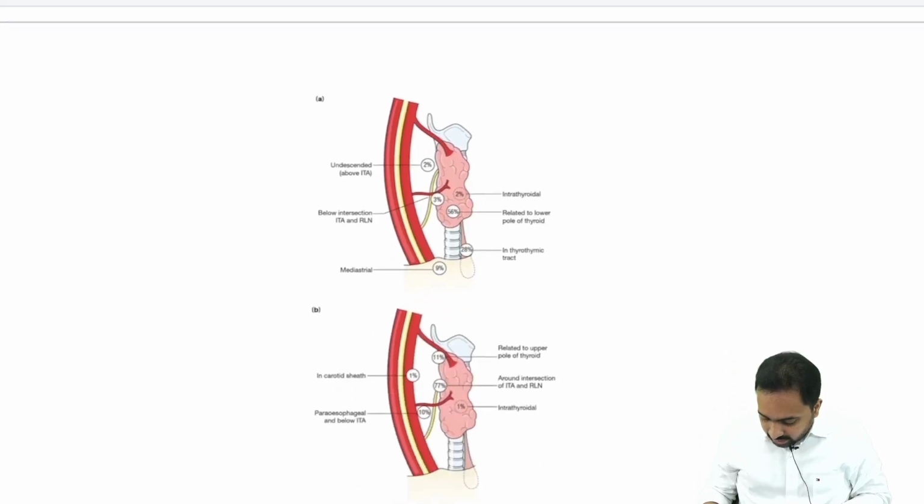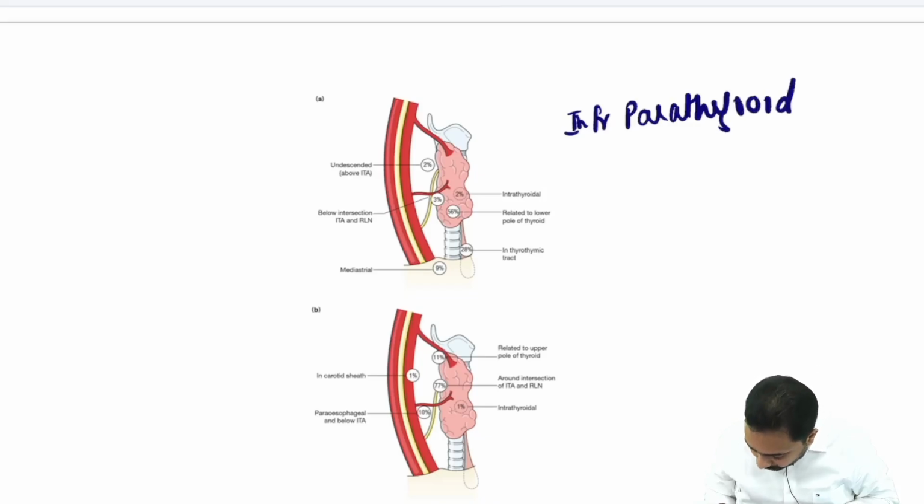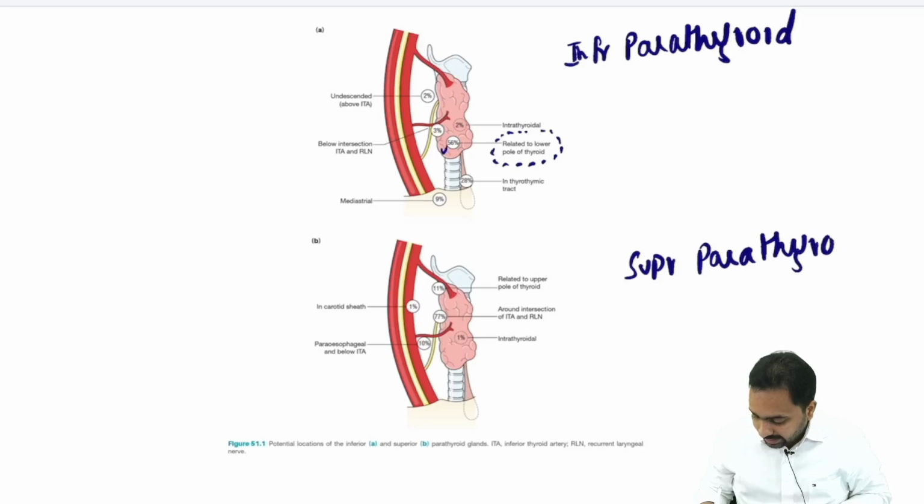Now, here is an image which has been taken from Bailey and Love. The first image shows the inferior parathyroid, where it's seen that the most common location is related to the lower pole of the thyroid, which is around 56%. And the second diagram, which shows the superior parathyroid, shows that